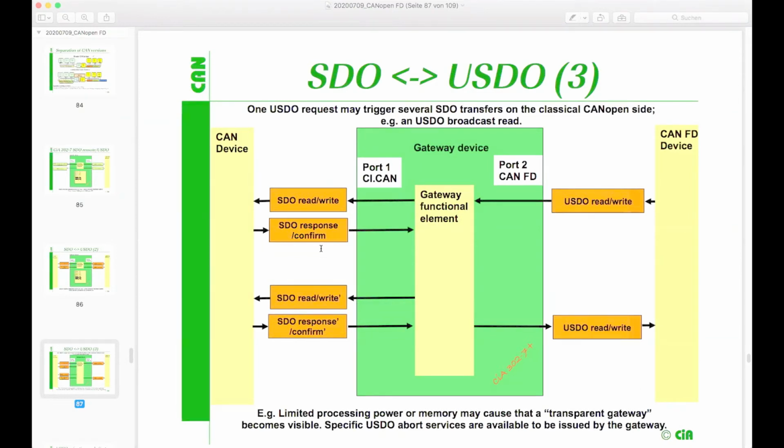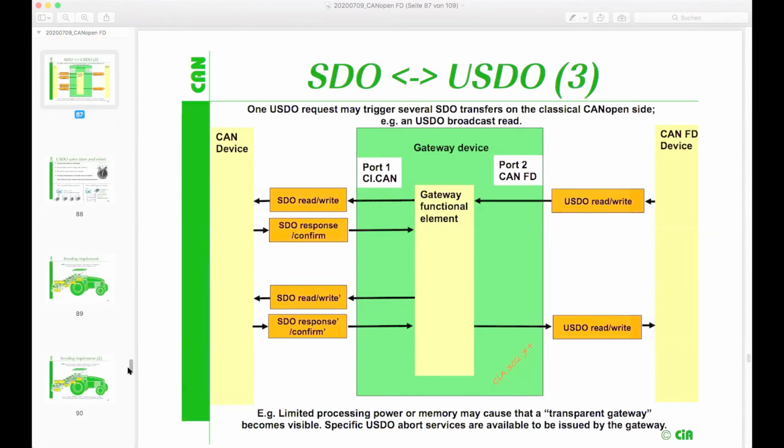So for example, if I have a broadcast USDO request, then on the CANopen side, this has to be handled as several SDO requests till I get my response. Something like that should have been added in 302-7. So if you need something like that, please contact CAN in Automation, join the group, and we can finalize such a document very easily. So we entered already the world of the